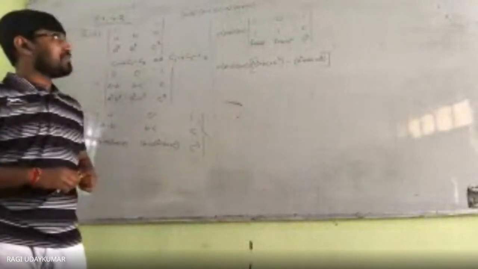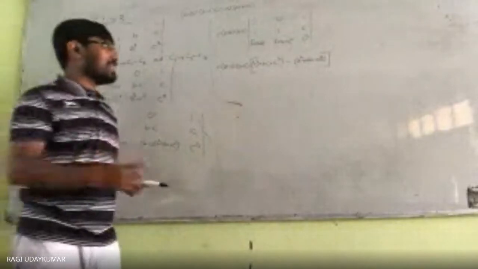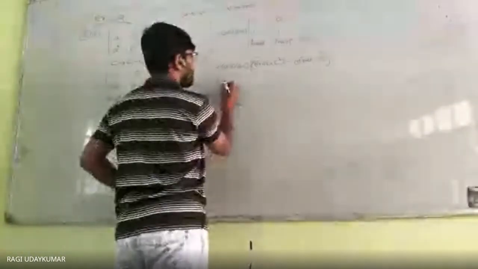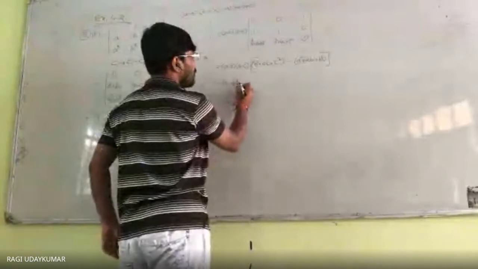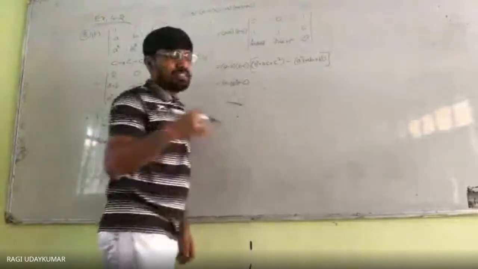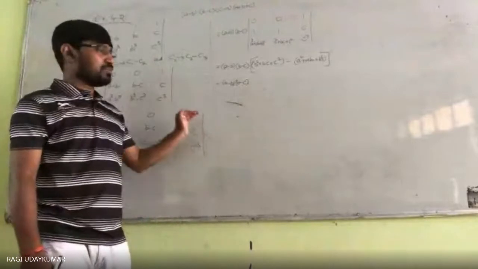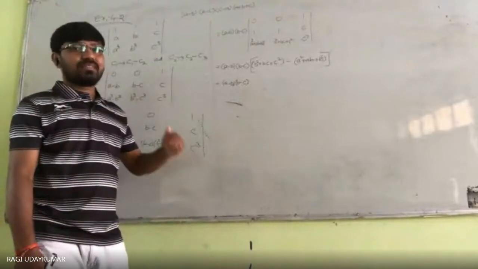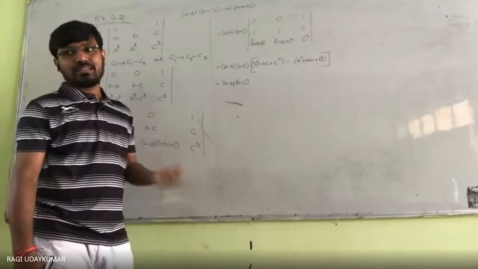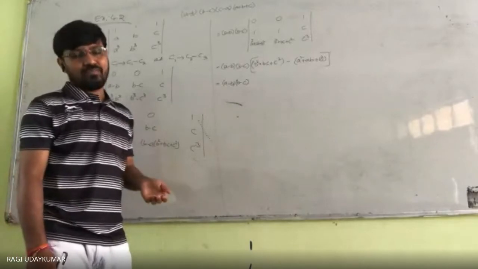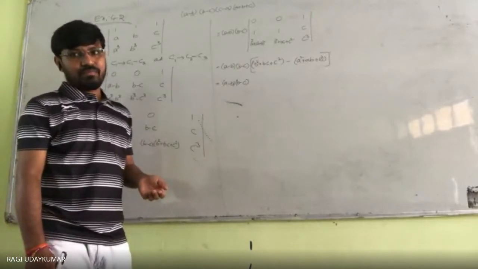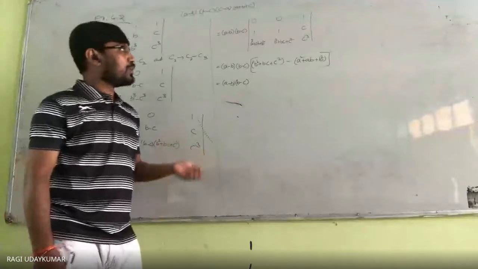So how do we simplify that algebraic expression? Let us see here. We need to get here (A minus B) into (B minus C). It is algebraic expression simplification only here. In this matrix problem, there is more of the algebraic expression concept than matrices. Okay, so what do you do?